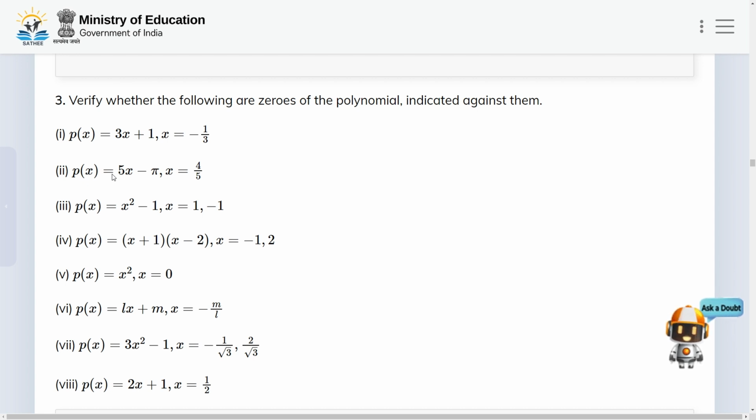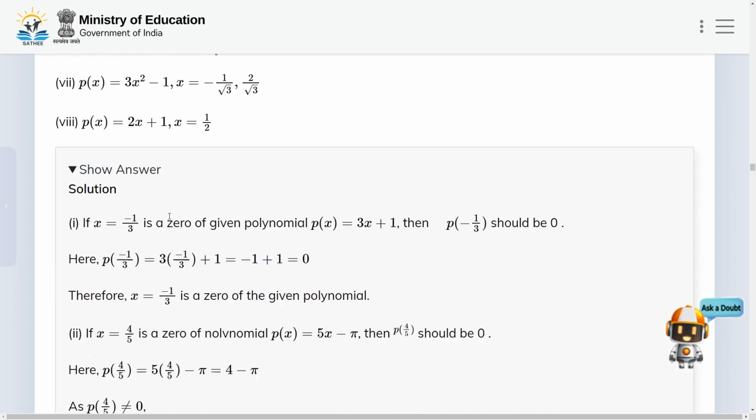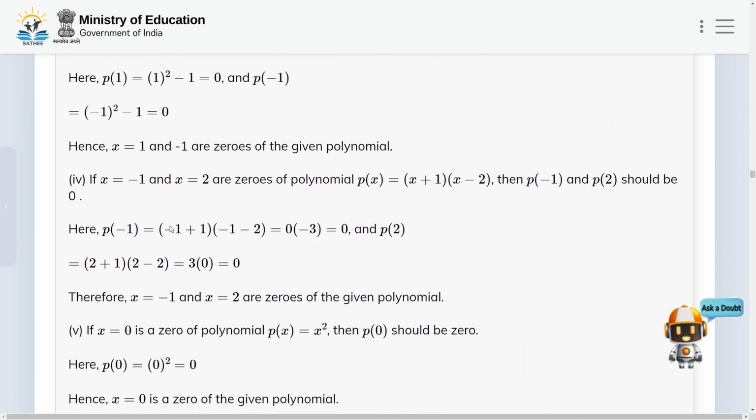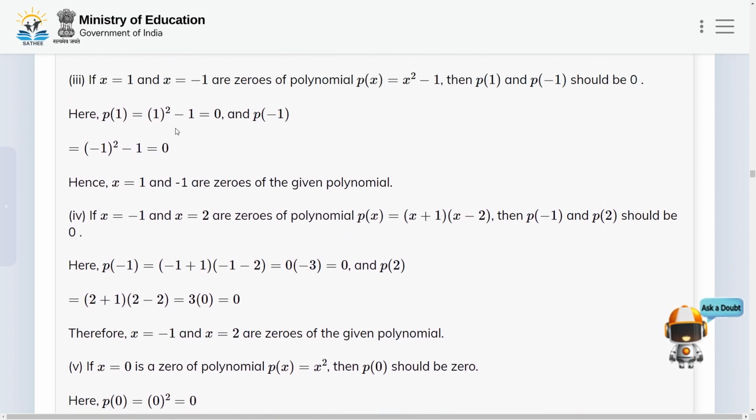So now let us check the third one. In the third one here we have p of x is equal to x square minus 1. Here we have to check whether x is equal to 1 and minus 1 are the zeros of the polynomial p of x is equal to x square minus 1. Okay, so let us check it. So if x is equal to 1 and x is equal to minus 1 are the zeros of the polynomial p of x is equal to x square minus 1, then p of 1 and p of minus 1 should